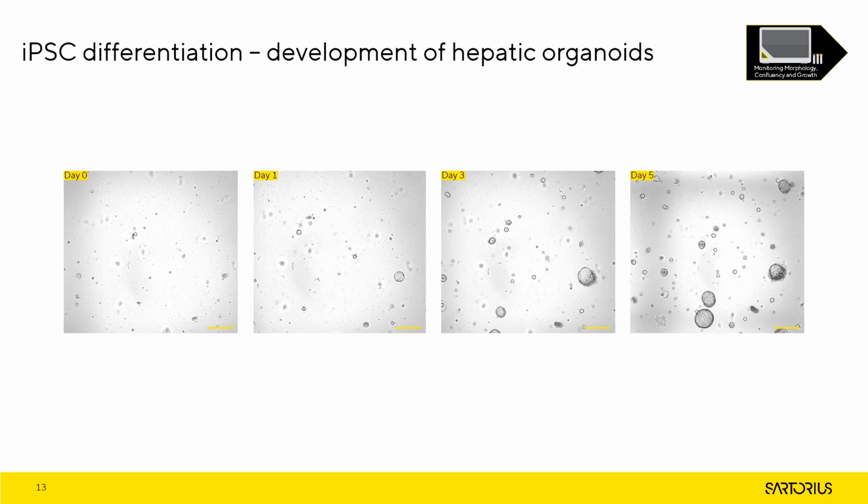So starting from the left of the slide, we have day 0 iPSC-derived hepatic organoids at the time of seeding. And as we move along from left to right, we see the increasing growth of the organoids with time. This initial data illustrates the 3D structure and growth of hepatic organoids derived from iPSCs using this differentiation workflow. And on the next slide, I'll go into a bit more of the analytical side of the IncuSight toolbox.